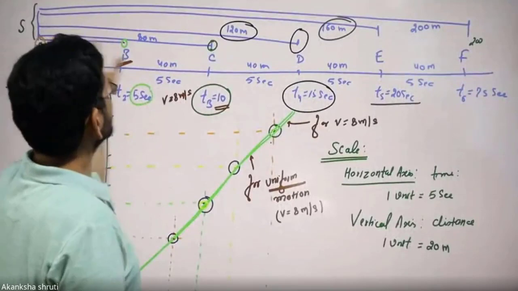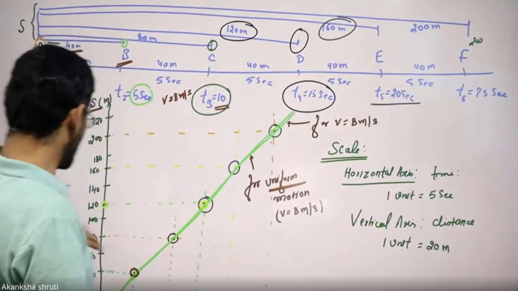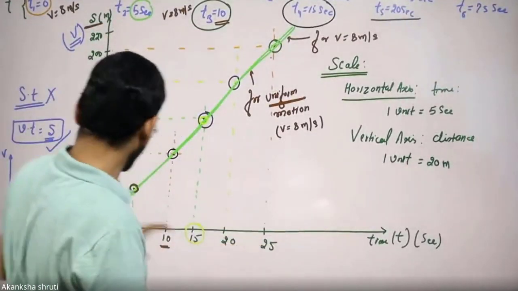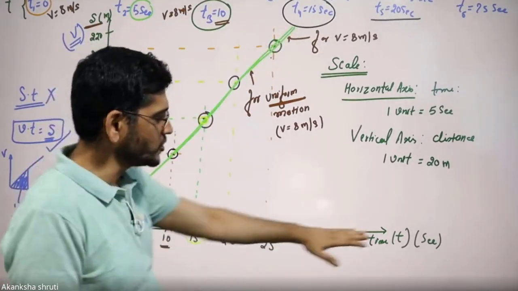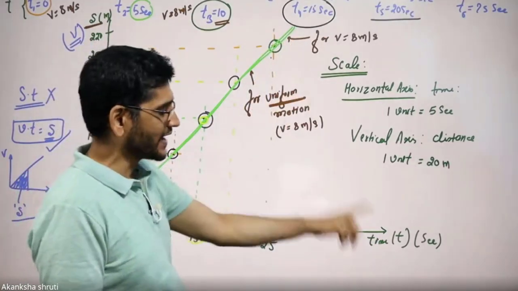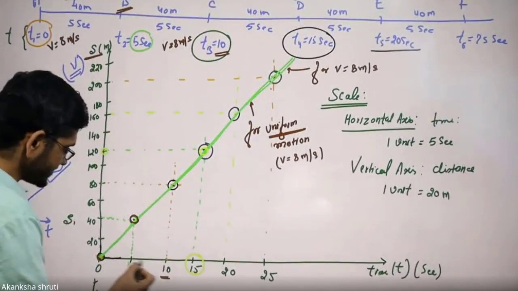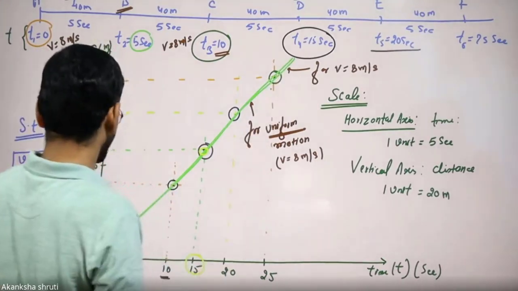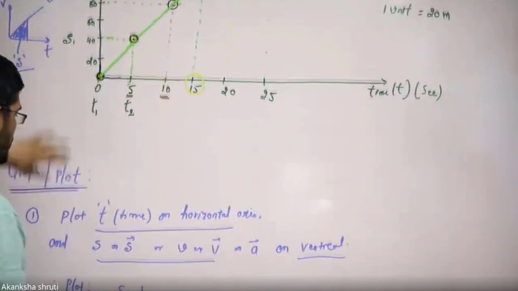For a body in uniform motion, meaning the body covers equal distance in equal intervals of time, the distance time graph for such a body is a line which is inclined with respect to the time axis. Here we are getting that this graph is not parallel to the time axis. This indicates that with increasing time, the distance is also increasing. This is the distance time graph for a body under uniform motion.